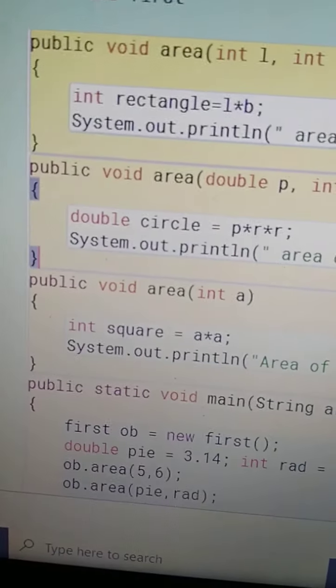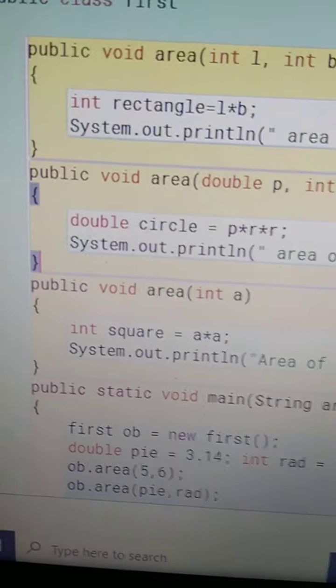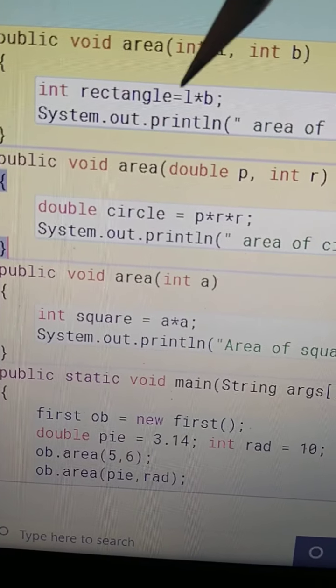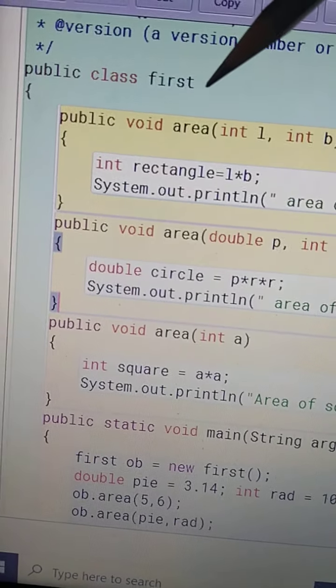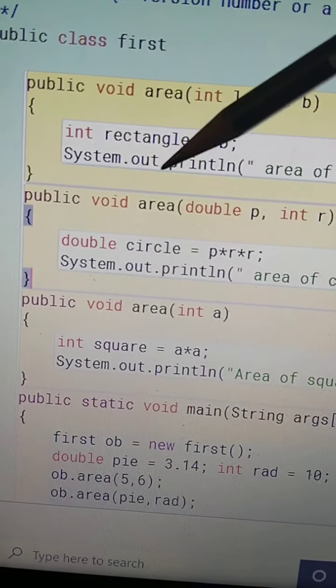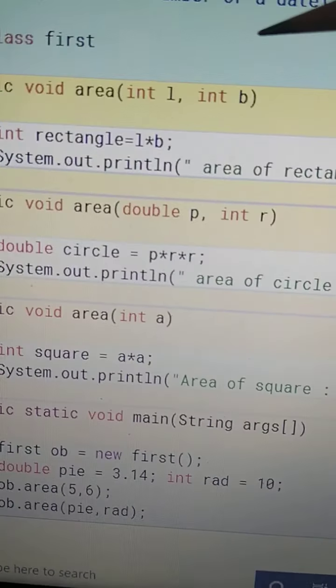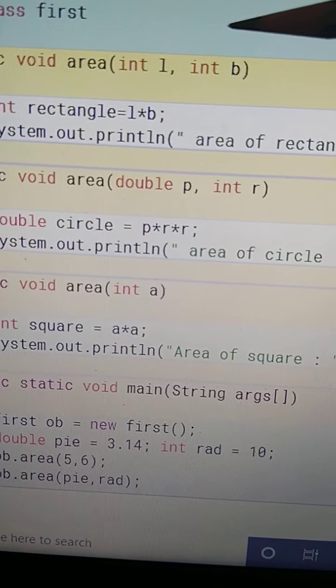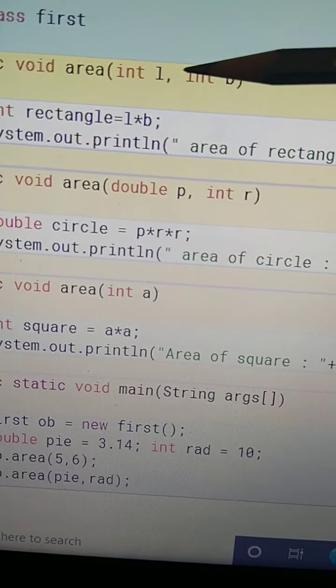The second function is also area. This function is also area. A class is consisting of 3 functions with the same name, area. But what about the arguments passed? That is the signature. The number and type of arguments passed is the signature.